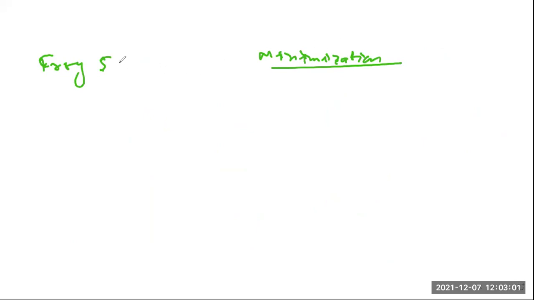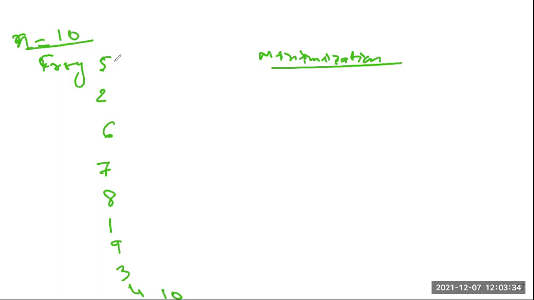So let us say this frog 5 has the lowest value. Then we have frog 2, frog 6, frog 7, frog 8. Okay. Then let us say 1, then 9, then 3, then you have 4, and then let us say 10. Okay, let us say there are 10 frogs, so the total value is n equal to 10.